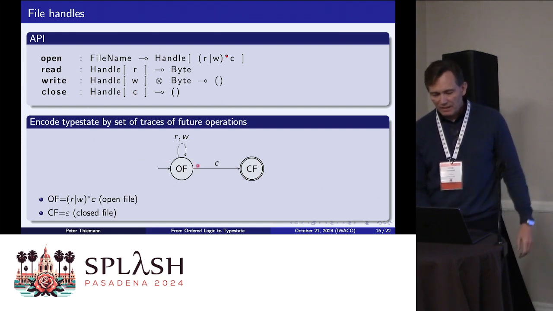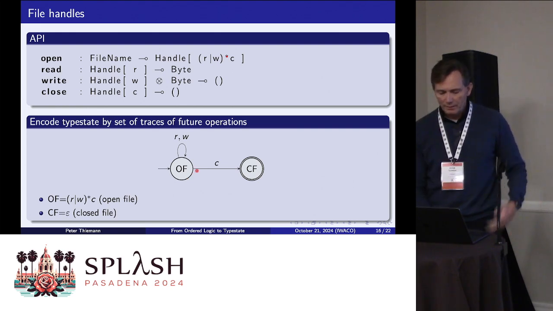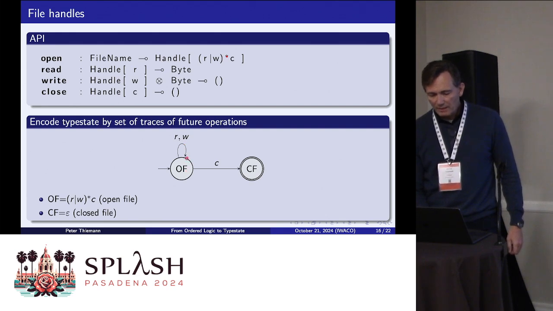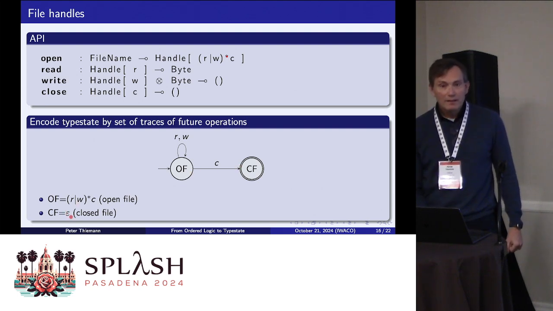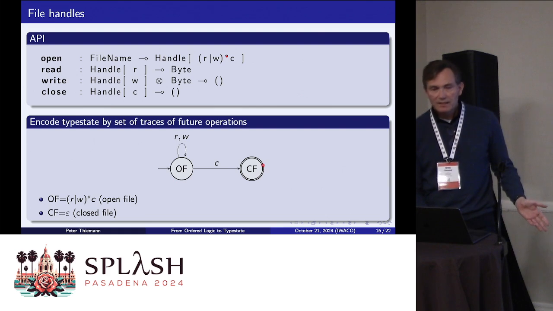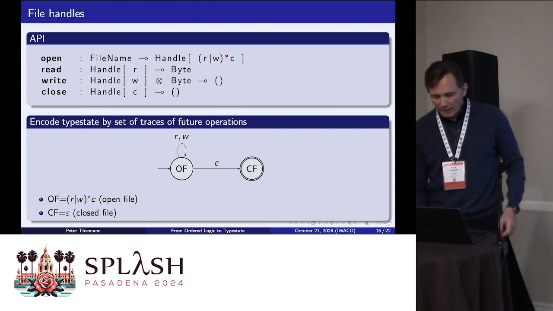Right, and then in this case, you can really encode it in this kind of finite automaton way, where essentially, as long as you do a read or write, you remain in this open file state. Once you do the close, you're ending up in epsilon, and then the file is closed, and obviously in that state you cannot perform any of the further operations anymore. Right, now,